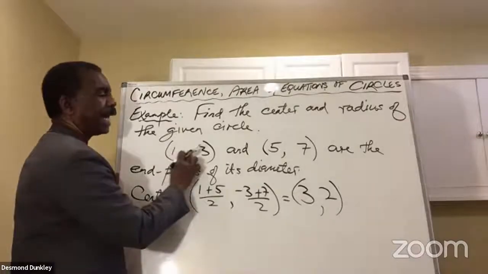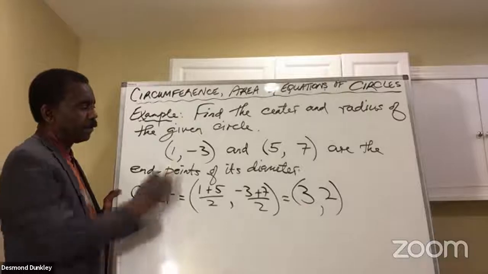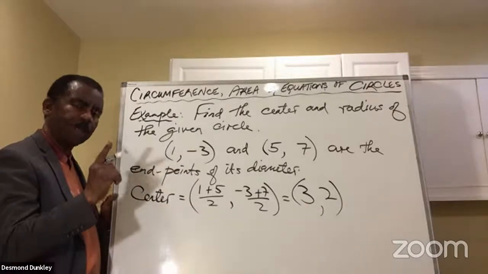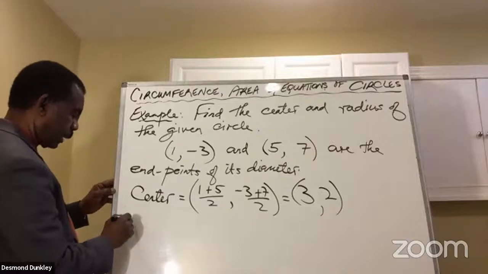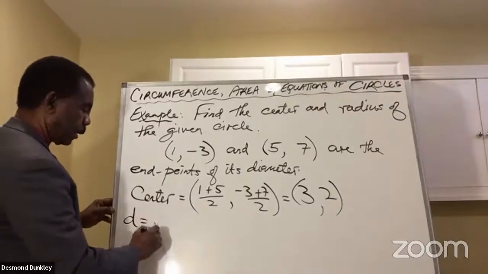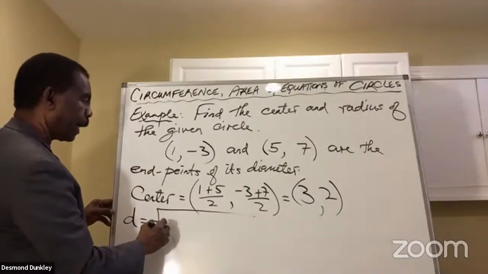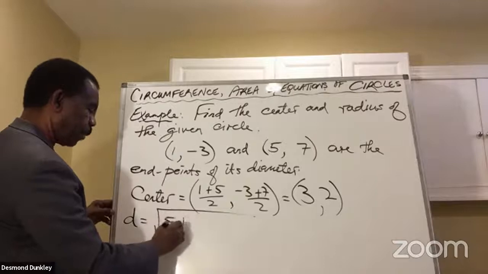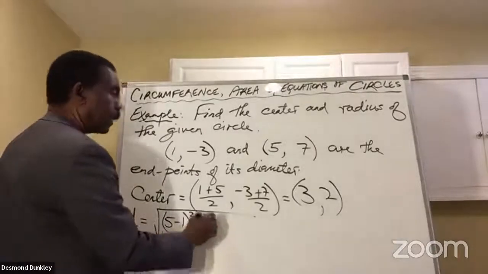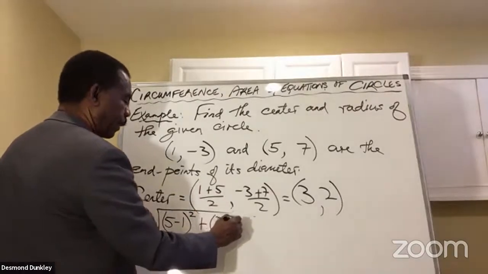The radius is a half the distance from here to here. So we said that we learned the distance formula. So let's go. The distance or the diameter is equal to the square root of the difference between the x values. So it's 5 minus 1 squared plus the difference in the y values, which is 7 minus 3